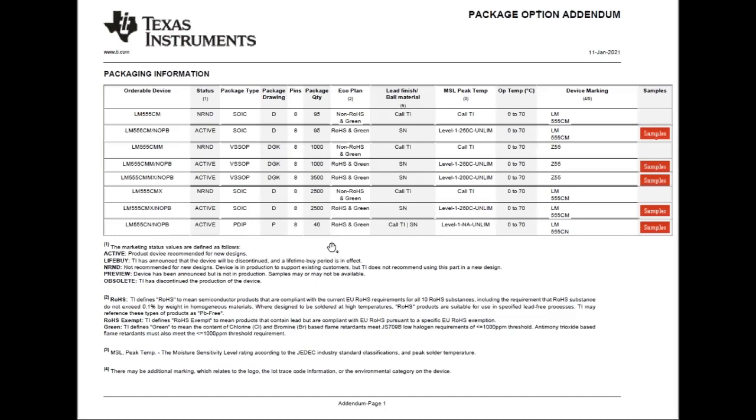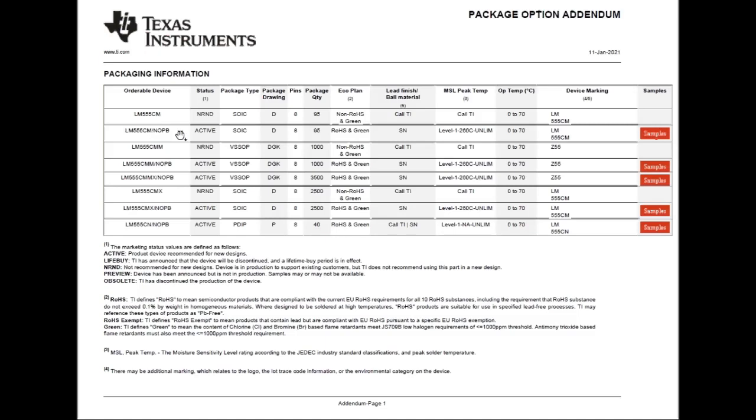Now in every datasheet, we'll find the ordering details and package information. Here we can see the orderable device numbers, and here we can see the status. NRND stands for not recommended for new designs. So we should see which part number we are considering.